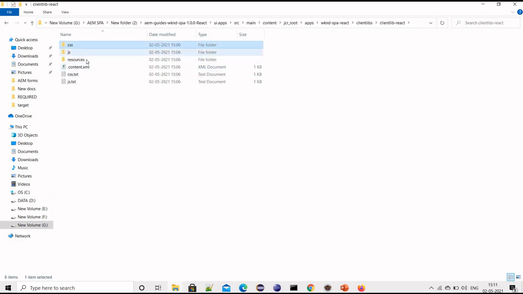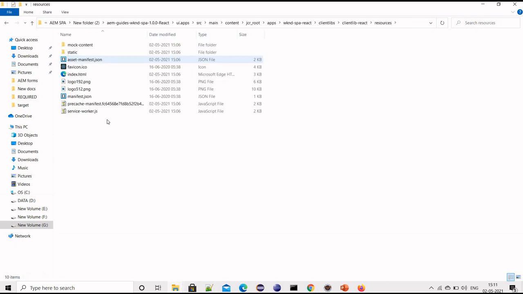So we have the CSS, JS and resources folders also. The files are just copied from that build folder to here.